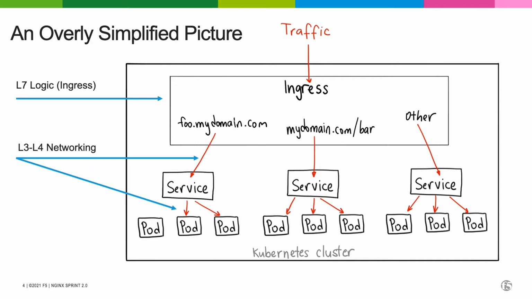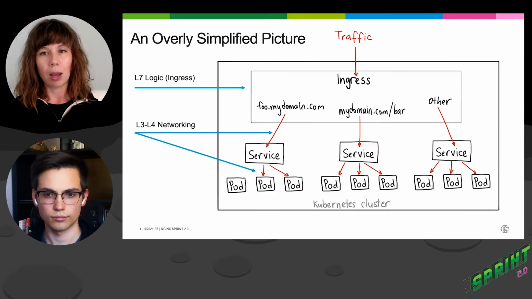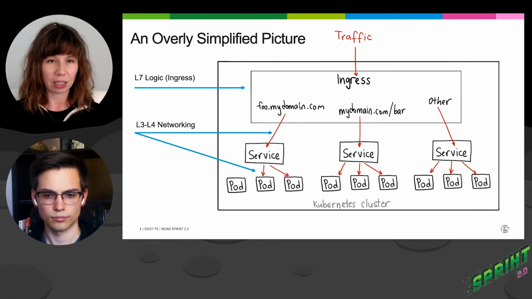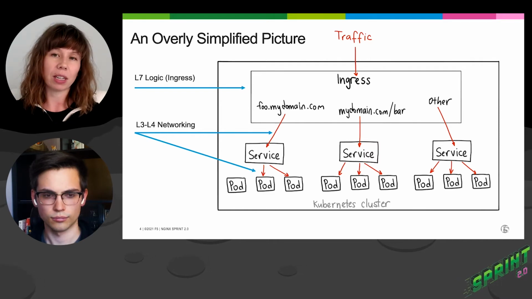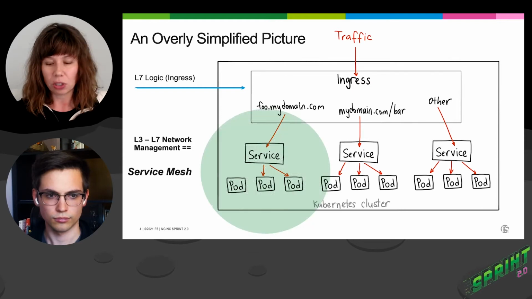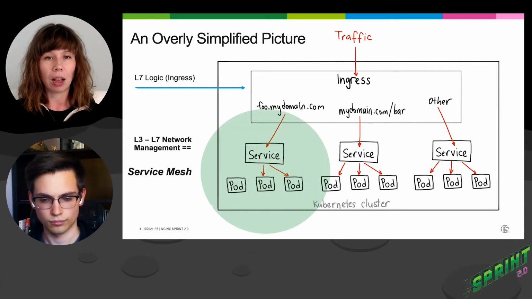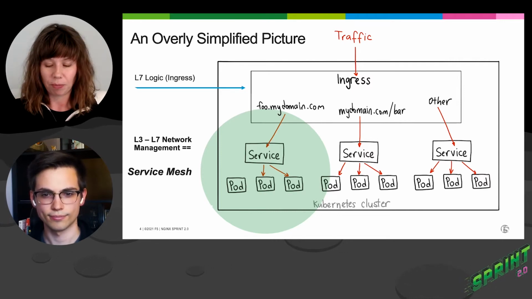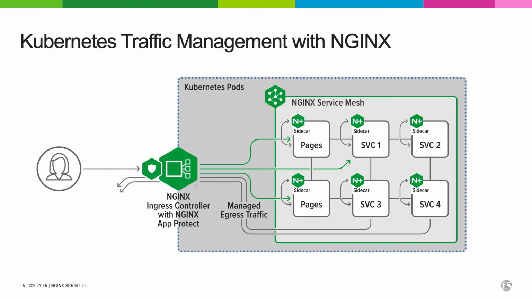And this can be okay if you have a simple app and you don't have a requirement for end-to-end encryption. But it's not going to be okay if you have services communicating with each other inside the cluster, and some of those services have sensitive information such as usernames or passwords. That's where service mesh is going to come into play, enabling you to add that L7 oversight management at the service-to-service level.